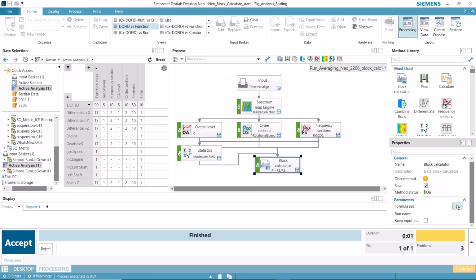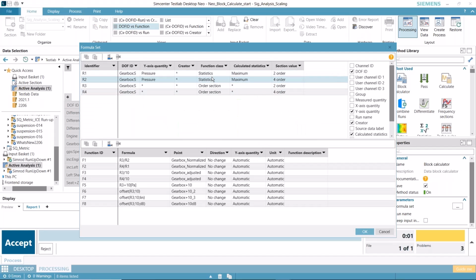If I look at this formula set, here I'm bringing in the second order and fourth order, and I'm looking at the maximum value statistic. And I calculate RMS and max, so I could do either one. And then I'm finding second order and fourth order, and then I can use those in formulas. So here I'm normalizing R3, which is second order, and this should be by R1. That was the mistake in the slides. And this should be R4 divided by 2.